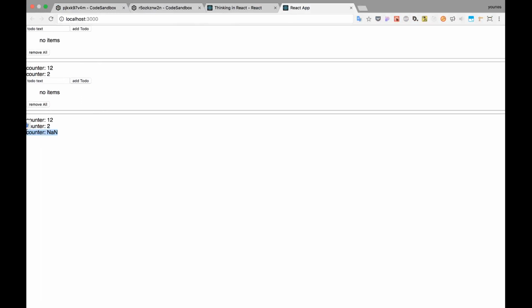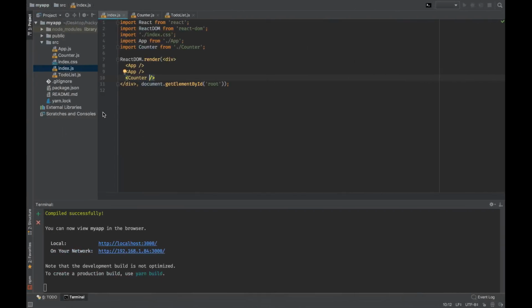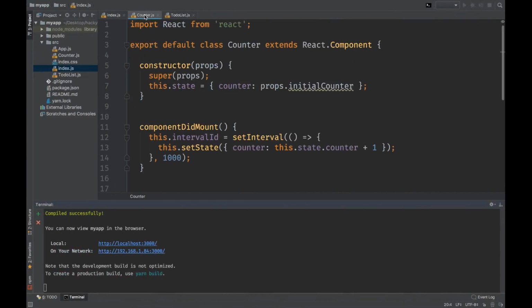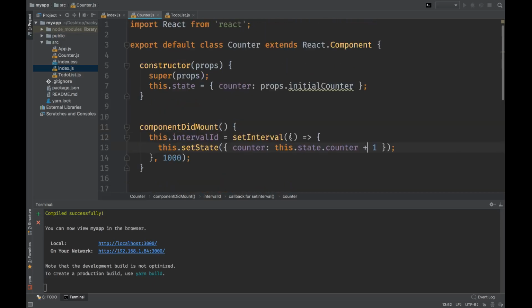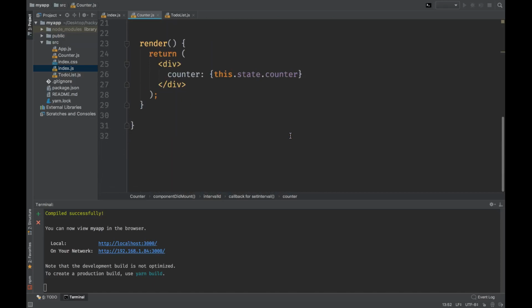It's not working here. You know why? Because I didn't pass an initial value, and the initial value would be undefined. And when you try to add something to undefined, it will give you NaN, not a number. So what's the solution? Well, there are two things we didn't cover in React,